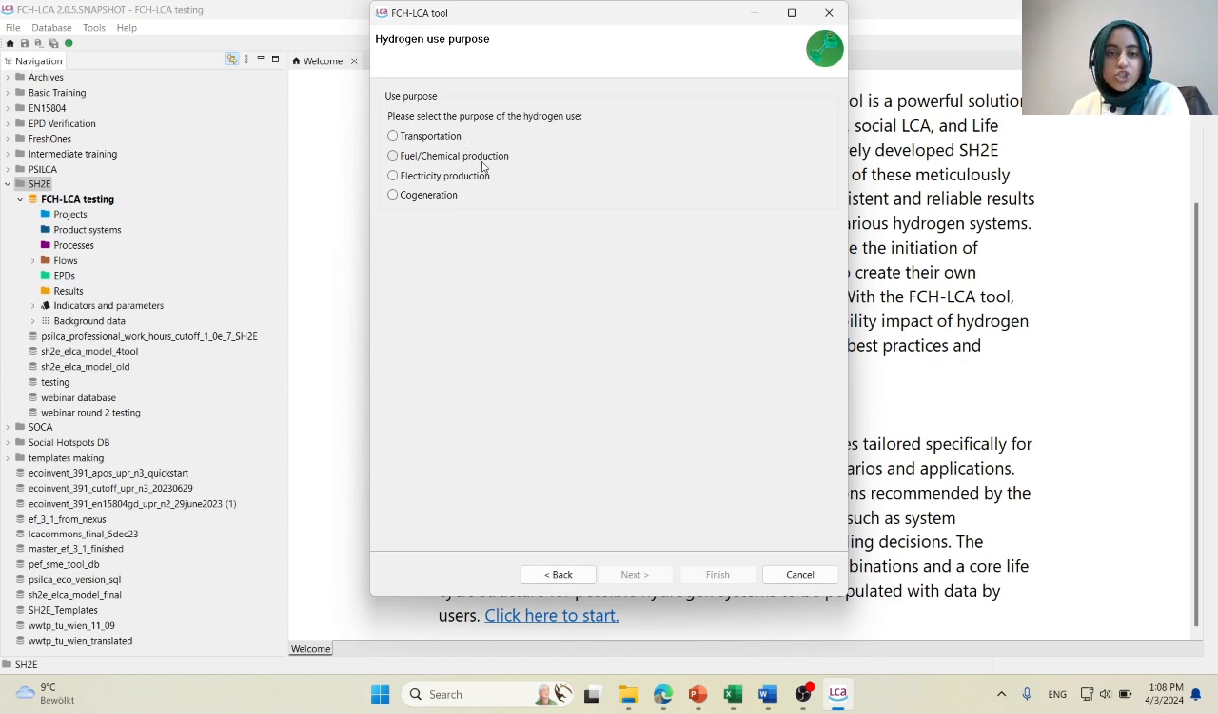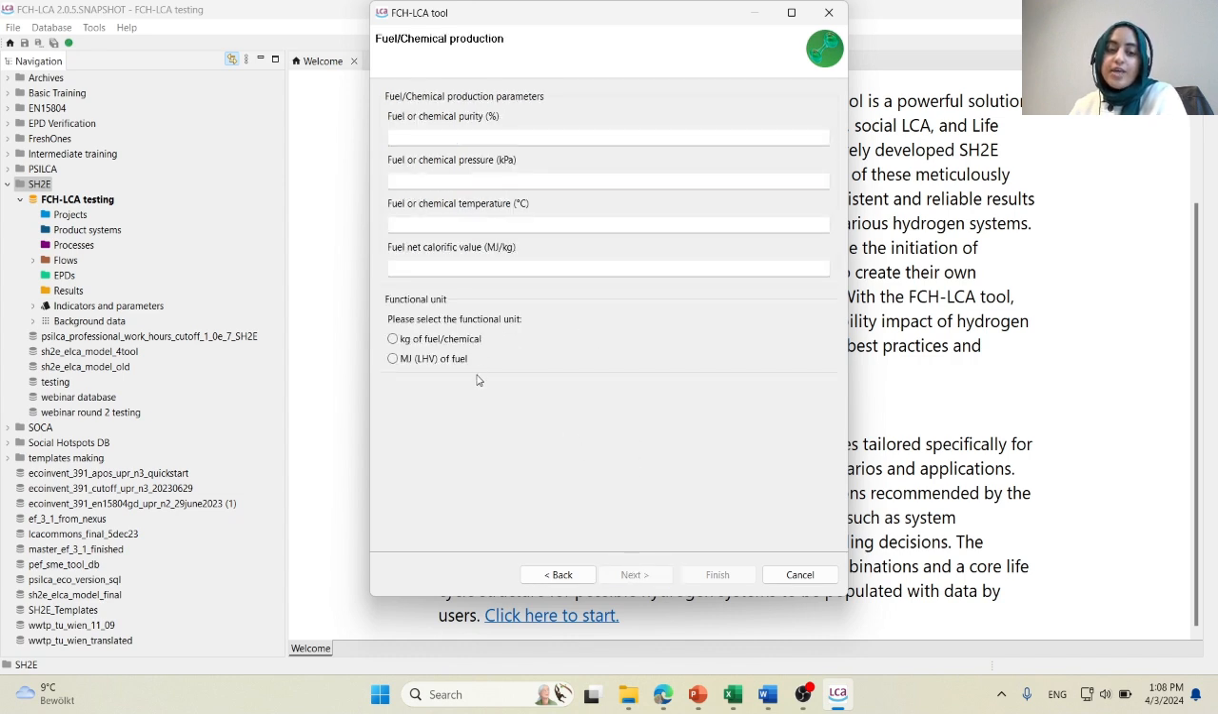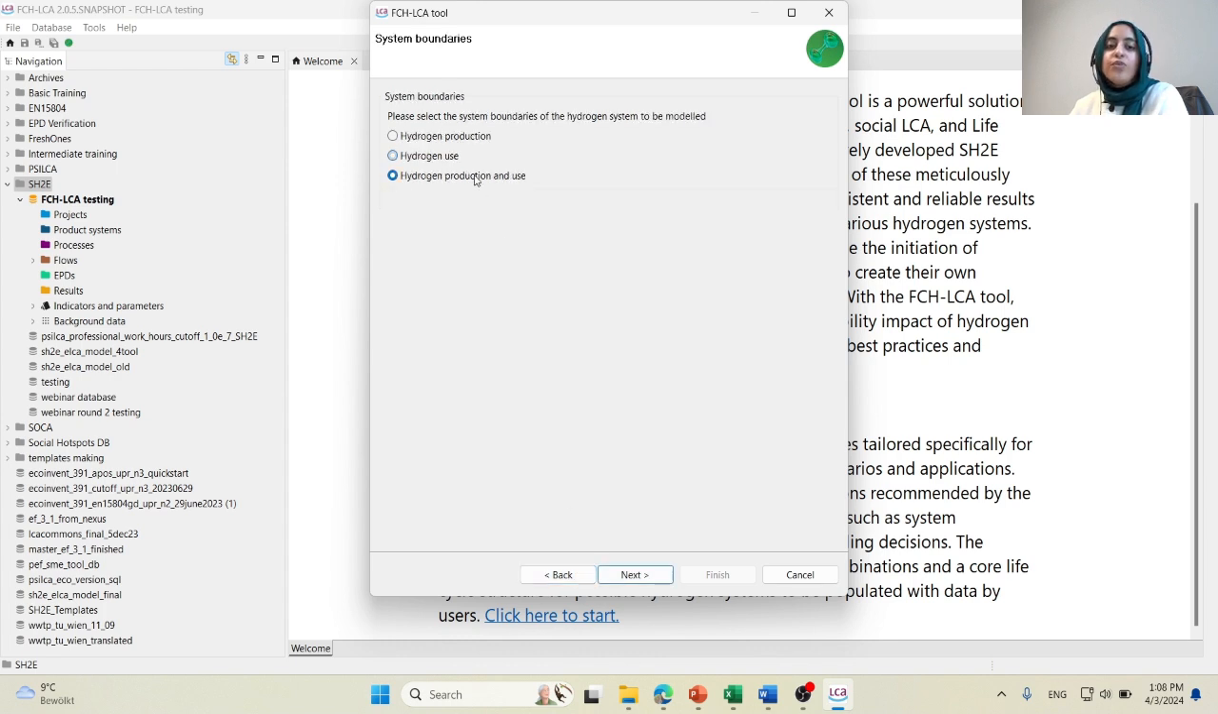fuel or chemical production, electricity production, or cases of cogeneration. So users can go through each of these systems and see what options they have to complete and so on. So let's go back again and finally go to the final case study, which is a final system boundary option,